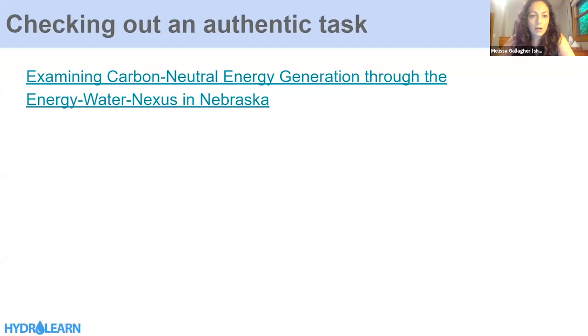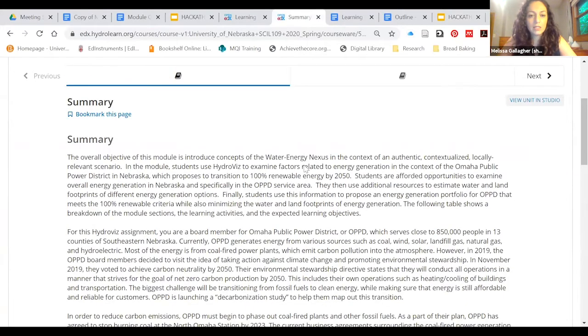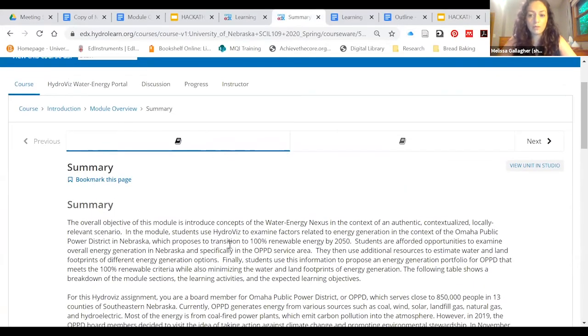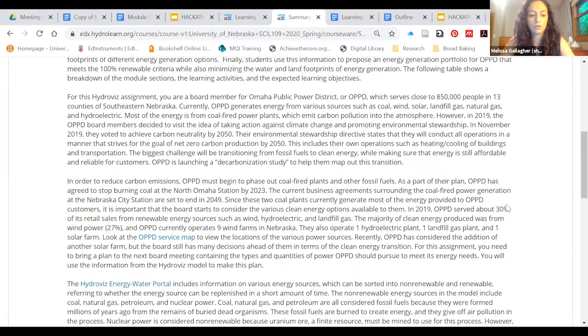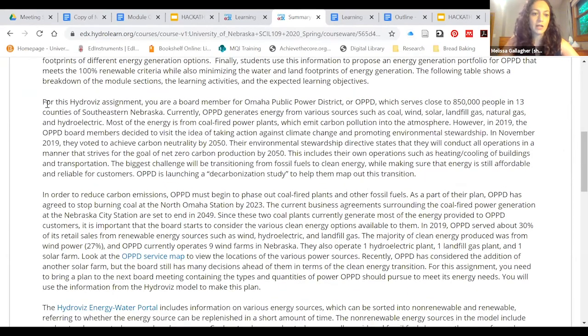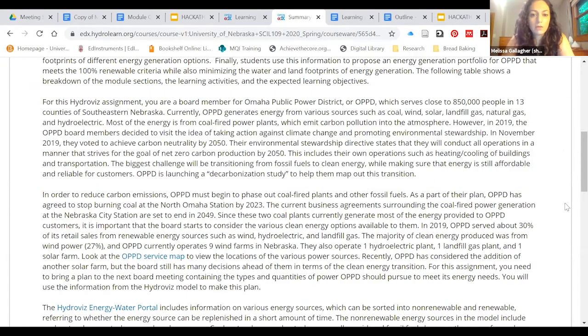So I wanted to give you an authentic task to check out. This comes from one of our fellows from the first time around. And so I put it in here. He actually introduces this in his introduction section in the module overview. The first paragraph gives an overall view of the whole module, but the second paragraph is where it starts. So I thought I would give everyone a few minutes to read that over and think about what you notice about how he frames the problem.